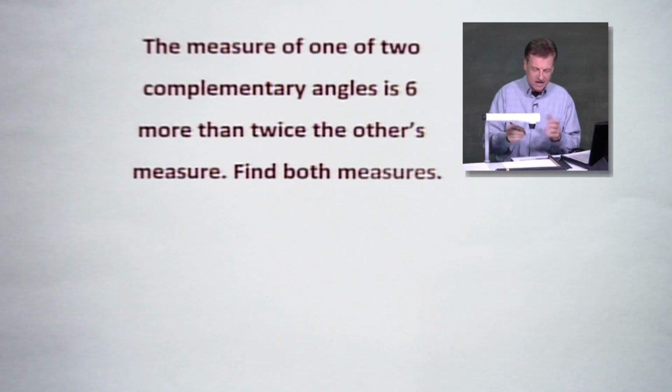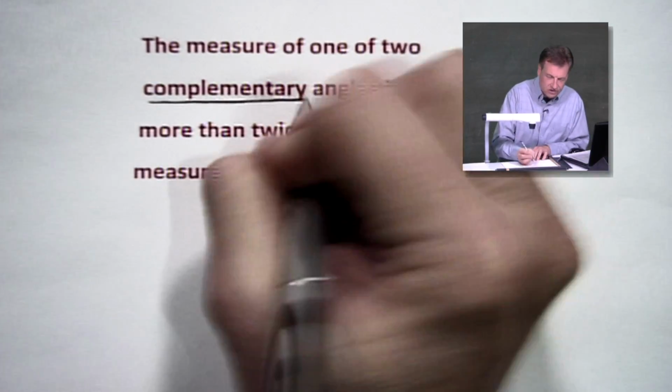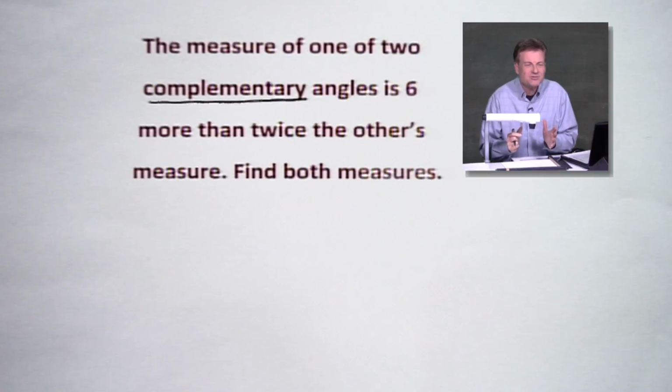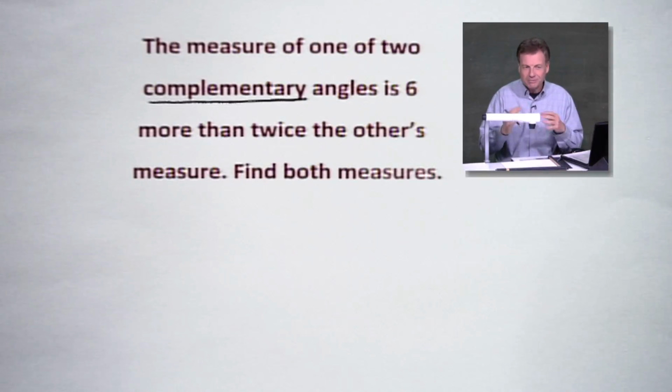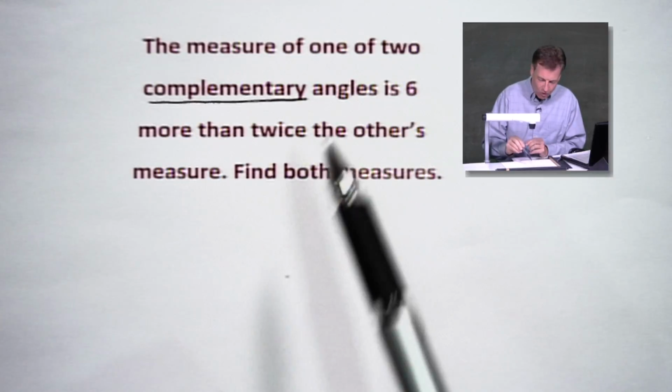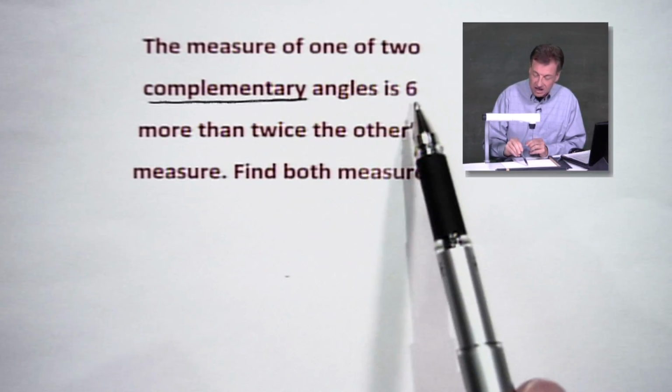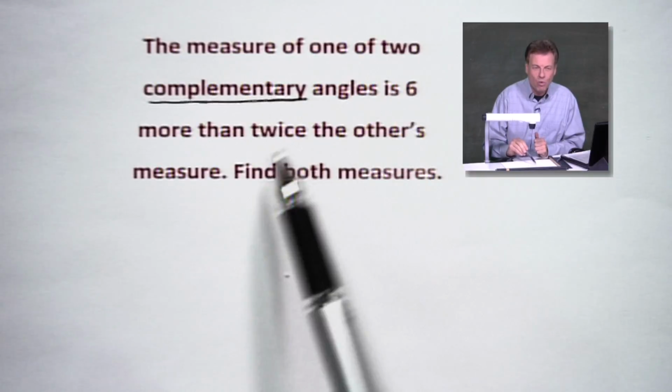Now, first of all, what does complementary mean? It means our two little angles are going to add up to 90 degrees. That's an important fact right there. Doesn't mean they complement each other like pay them good compliments or something. It just simply means they add up to 90 and they work well together in that respect. Now, according to this, one of them is twice, not just twice the size, but 6 more than twice the